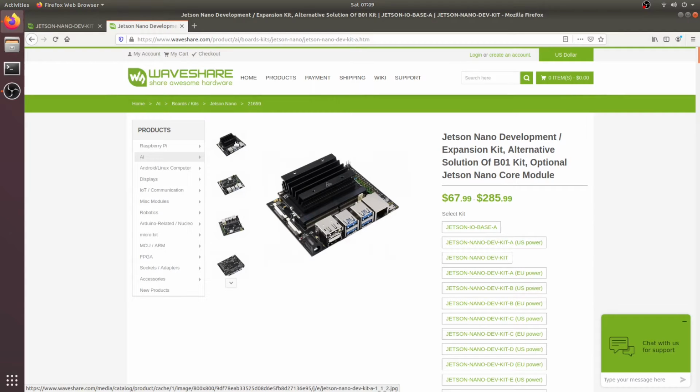Today in this video we are going to take a look at the Waveshare Jetson Nano. We are going to install the JetPack in its internal memory, and then later we are also going to see how we can install the JetPack in the external SD card. So stay tuned. I was recently looking for a Jetson Nano for some of my computer vision related projects,